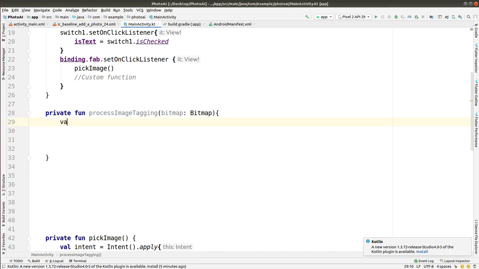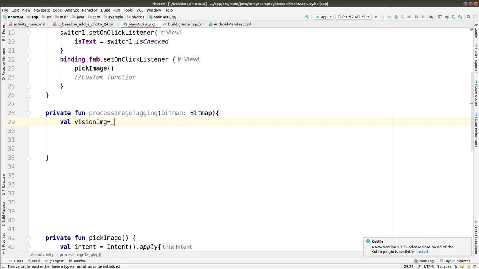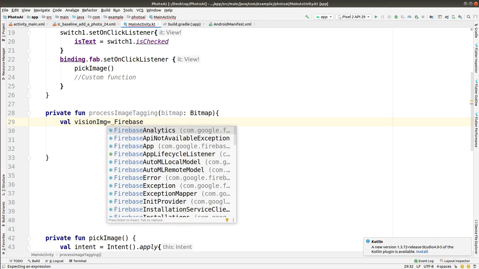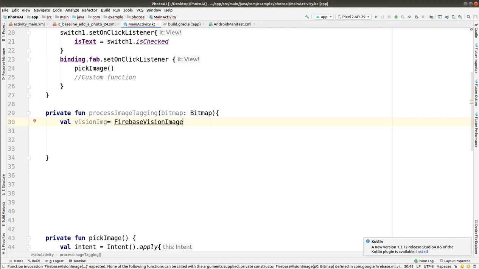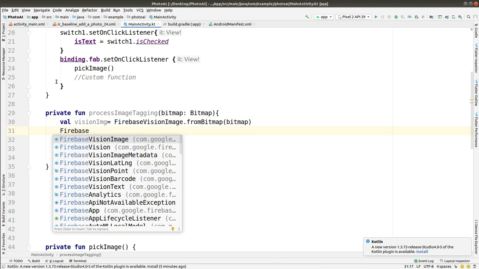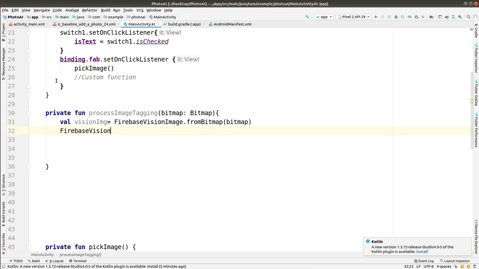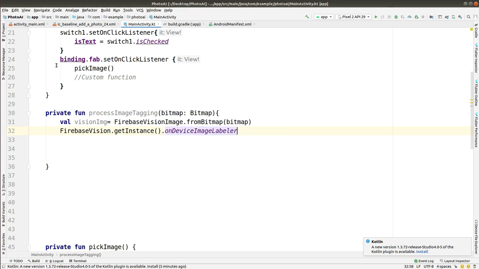After that you have to make a variable vision image as Firebase vision image, and then from the bitmap you will be getting it into the vision image. Bitmap is also a format that is supported by Android when it comes to photos.